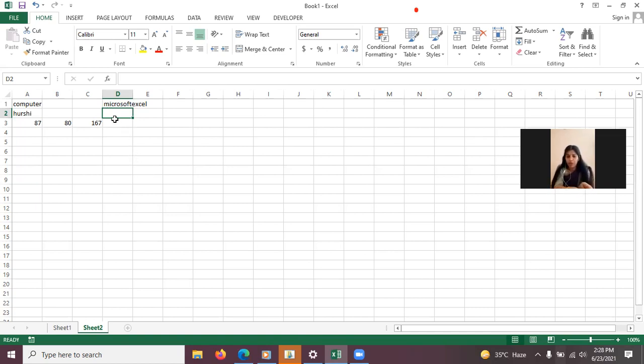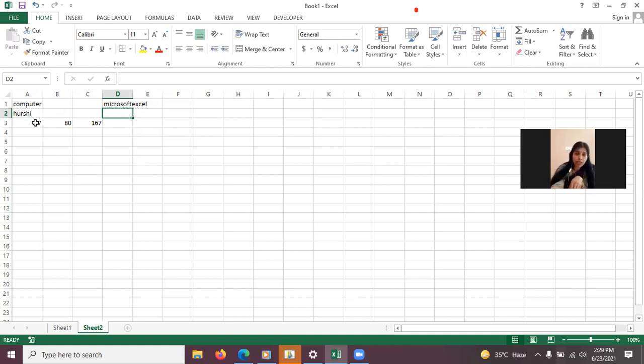Page number 51, numeric formulas. See, I told you that numeric calculations we can do, right? Like arithmetic calculations: plus, minus, multiply, divide. If you want to find out greater numbers in between, that also we can perform. So these are three kinds of operators: arithmetic operators, relational operators, and logical operators. Arithmetic operators are plus, minus, multiply, divide, exponents. Relational operators find greater numbers, less numbers, equal numbers, using these symbols. And logical operators always give results in true and false.